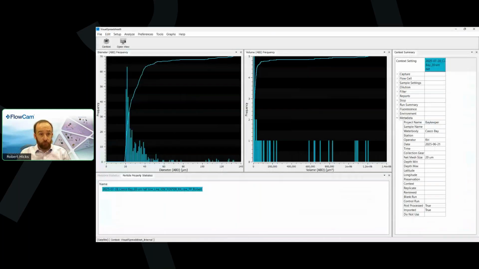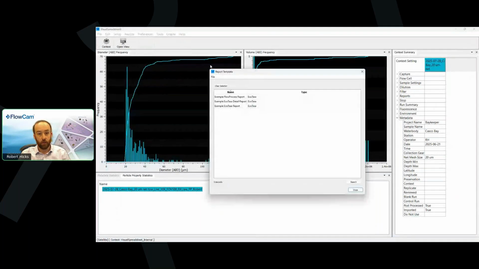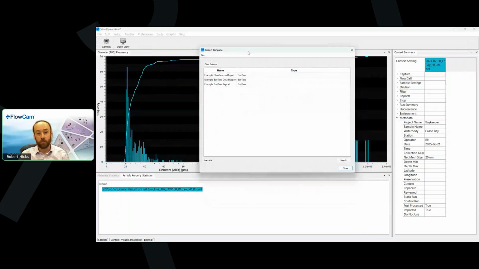So where previously we went to preferences to access our metadata tags, those EcoTaxa reports are going to be under here, under tools. So here I can pull up that report template editor, and you can see that I have a few examples that are already pulled up. This EcoTaxa report and the flow process report are both available on our website, and I would highly recommend anybody who's interested to go download those and use them as a starting place, because as you'll see in a moment